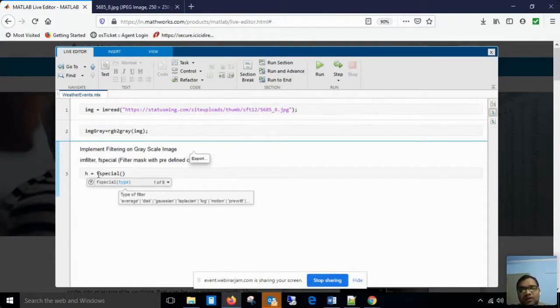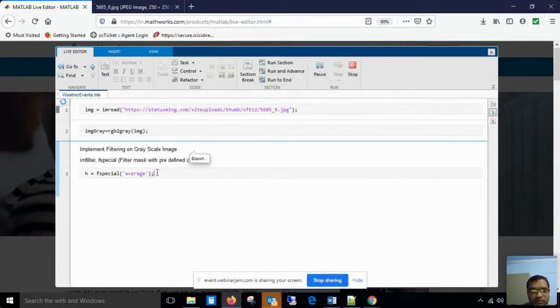Average filter or Laplacian. Laplacian was the second order derivative for sharpening filter. Then we have the Prewitt operator. Prewitt operator was also there in first order derivative, right? So what I do, I use average filter. See what is the output of this command first. Sorry, remove this, then only you can observe your output.